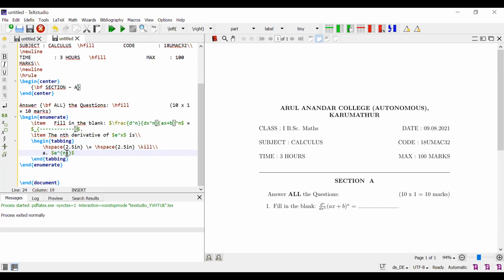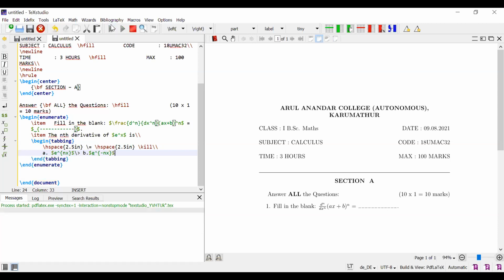Next, slash greater. Otherwise, you can use hfill. If you use hfill, is nice to you, use it. Next, b dot, e power minus nx. E power minus nx.